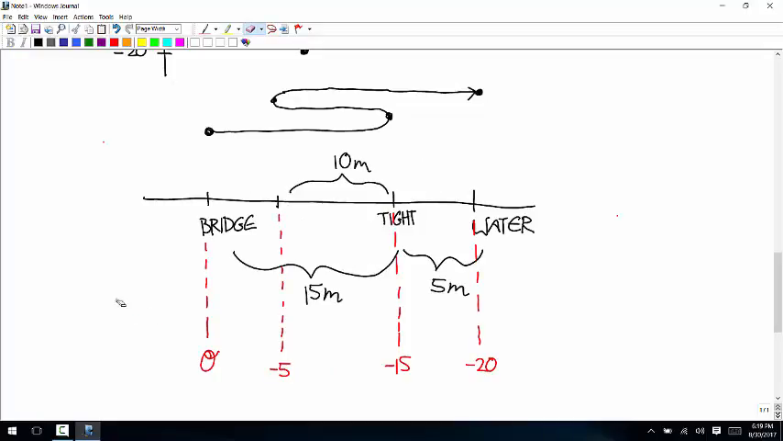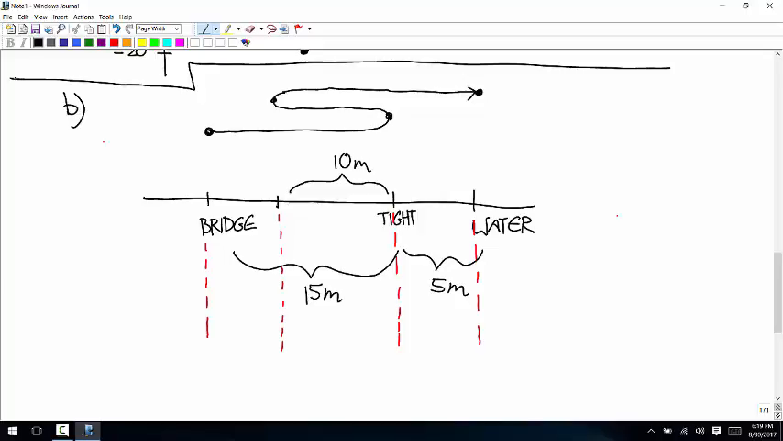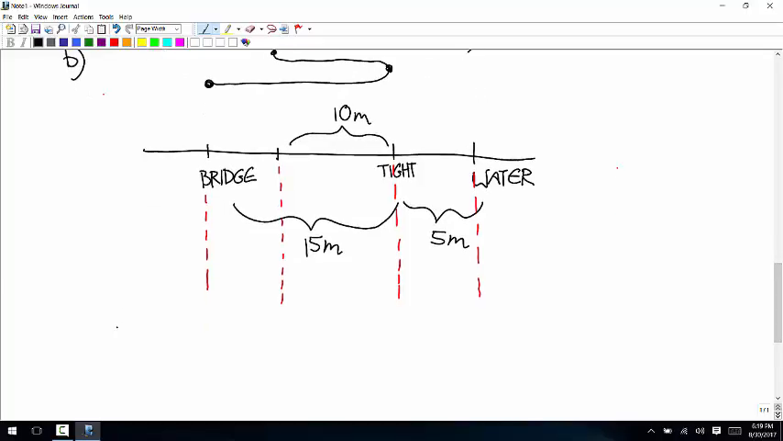So we don't know what's the positive direction and we don't know what's the 0. All we know is these distances. And now let's say the 0 is at the water, and the positive direction is, let's say it's still up. Okay? So draw out this diagram of what's happening, including the